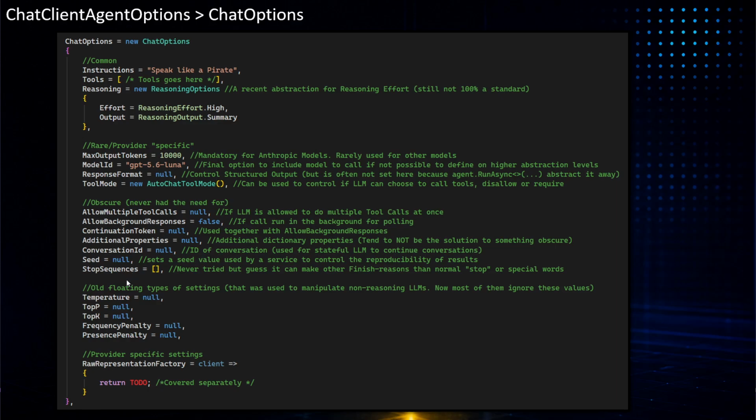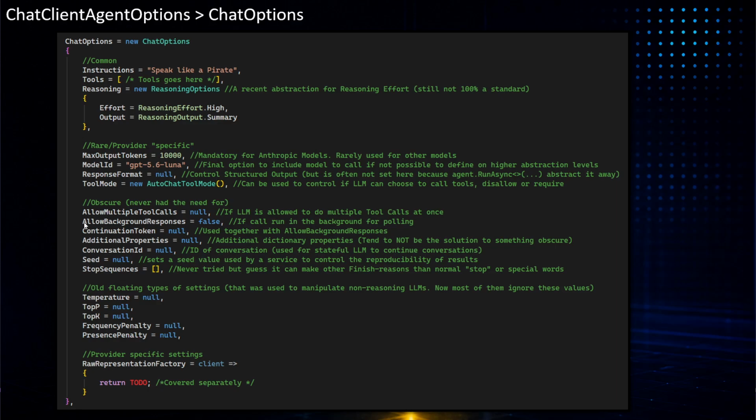Then there's some obscure ones, like allow multiple tool calls at the same time. Normally, when an LLM comes back, it only says, I want to use this tool. Then it goes back and then will ask for another tool and so on. But you can say true that it's allowed to do that. I have not seen any of the models actually do it in real life, so I don't think it's kind of normal to do. But you can control if it should be allowed or not for some reason here.